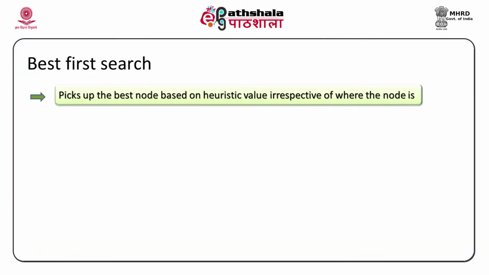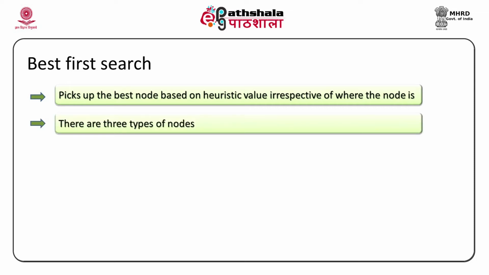In fact, it allows you to pick up the best child. Not only that, irrespective of the parent's value, like in the previous case we have 4 which has 2 and 3 and you cannot go because it's worse. In case of best first you can even pick up 3. Not only that, you can even go ahead and pick up some other branch, some other node which is better than 3, you can do it. So that is what best first search is.